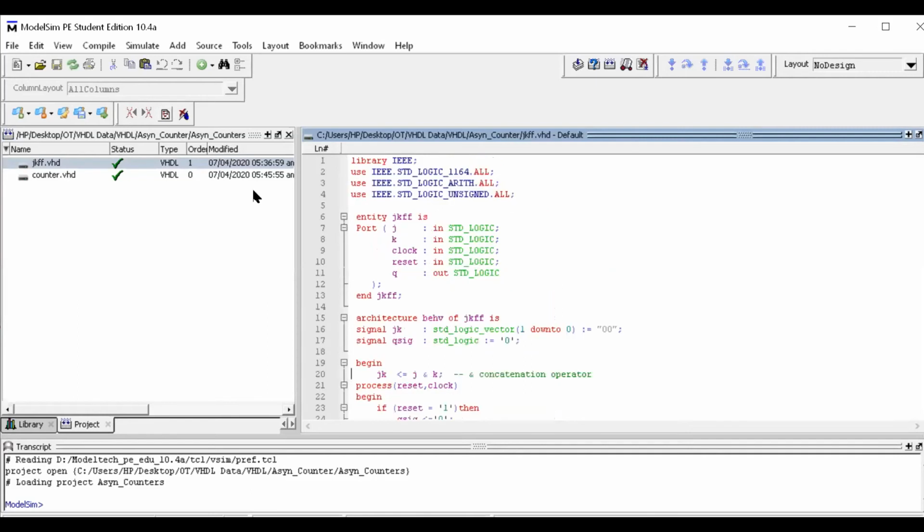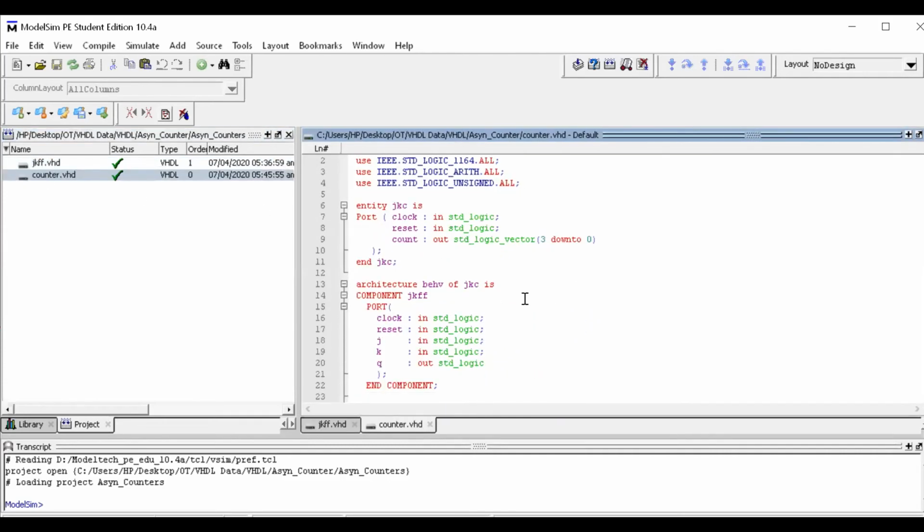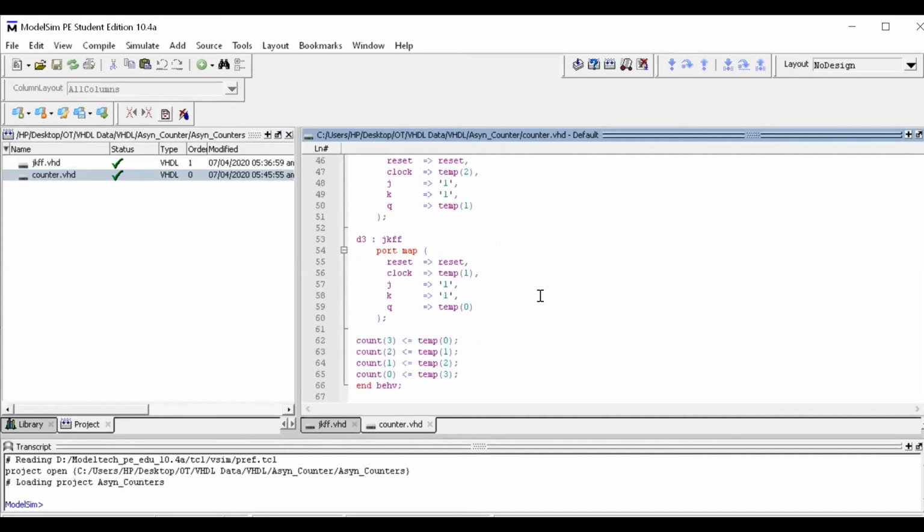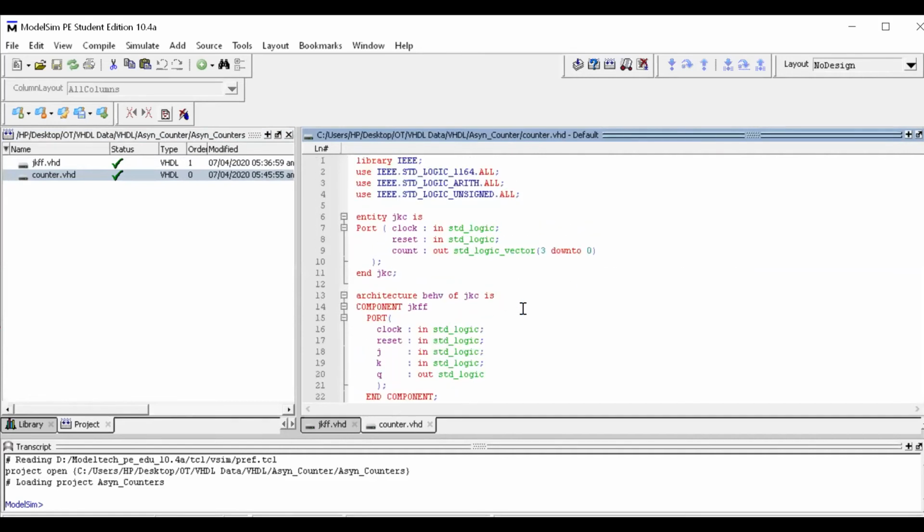And then I have called this particular JK flip flop, by the name of the entity, in this counter. You can see we have written temp 1 over here, whereas by mistake in the presentation I had written temp 0 for the clock.